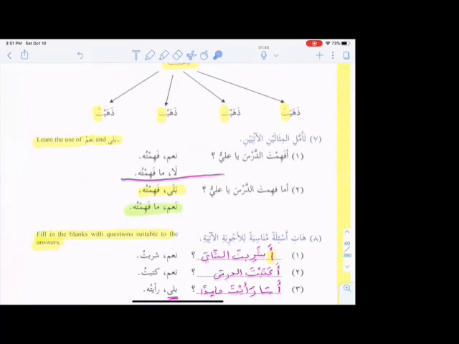Ma, when you start with this la, ma fahimta, did you not understand the dars, oh Ali, then if you understood, you will say bala. Remember, if you understood, you will say bala, fahimtuhu. But if you did not understand, then you will say nam, means that what you are saying in the question is correct. Nam, ma fahimtu. Because you are agreeing with the question that I did not understand.